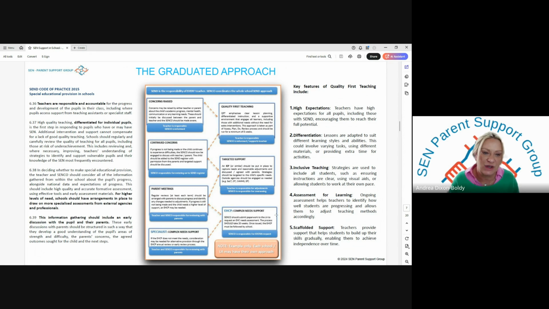Any continued concerns would obviously be communicated back to the SENCO. Potentially the child could be added to the SEND register and more targeted support is applied. Targeted support would be in the form of an independent education plan or similar. These can be named like One Plan, Pupil Passport, or whatever the school title is within that school. But ultimately they are a document with the difficulties, what they're going to do and what outcomes they are looking